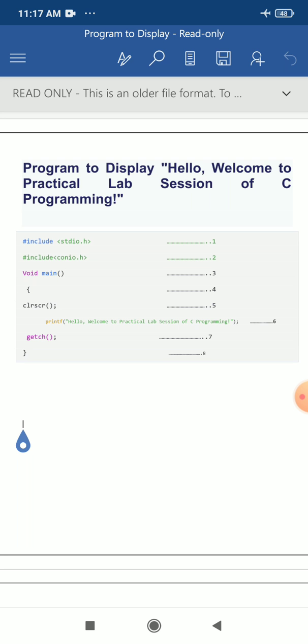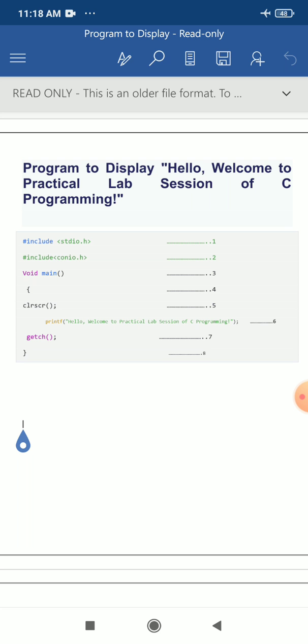Then in the fourth line we have our opening curly brace, which represents the starting point of the block. In the fifth line we have clrscr, which is used to clear the previous output of our output window. Then in the sixth line, dear students, we have the printf function, which is used to print a specific string.